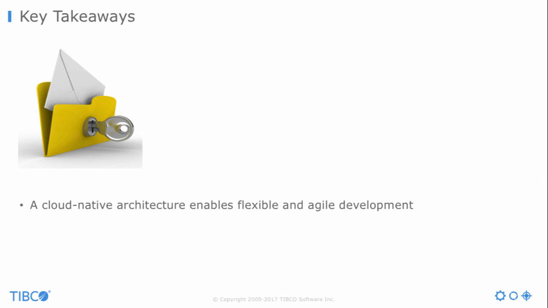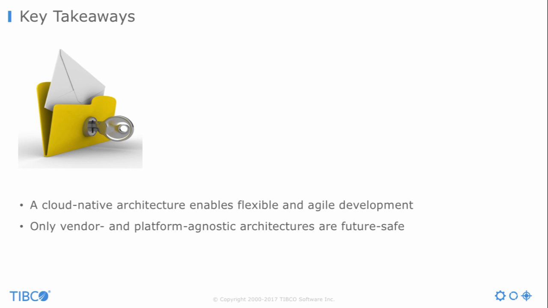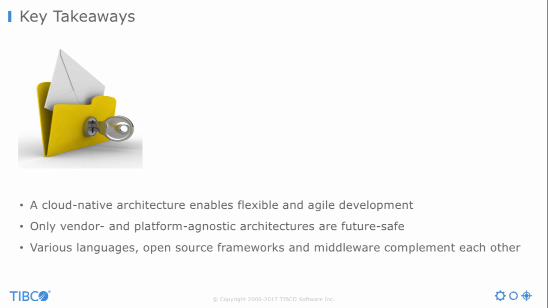Let's sum this up with the key takeaways. A cloud-native architecture enables flexible and agile development. This way you can become innovative and do business changes fast. Only vendor and platform agnostic architectures are future safe. You need to be able to develop your microservices once with Java or with a product like TIBCO, and then without recompiling or retesting be able to deploy it everywhere, in a container, in a cloud platform, on-premise, or in hybrid architectures. You need various languages for scripting or coding. You need open source frameworks, for example, for the cloud native features. And you need